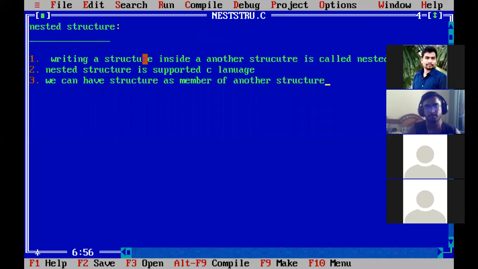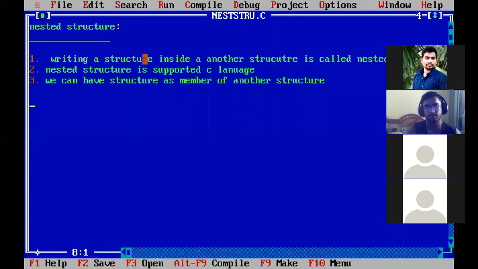In the same way, we can have a structure variable as a member of another structure. So we are creating a structure inside another structure, that means nested. It is nested into another structure. So the first and third points are the same, and nested structure is supported by C